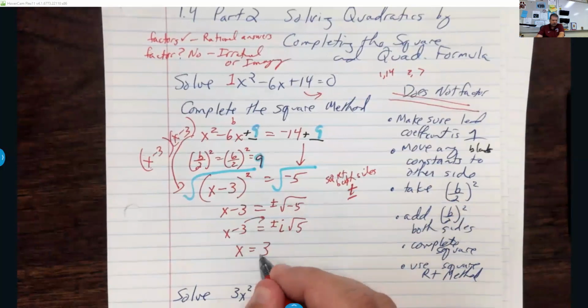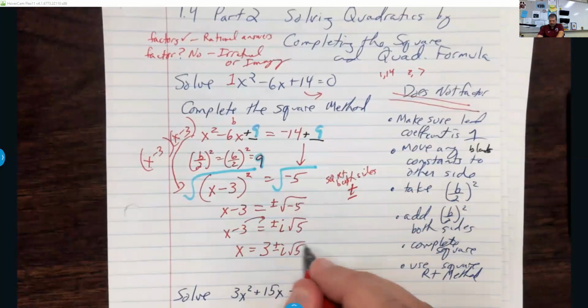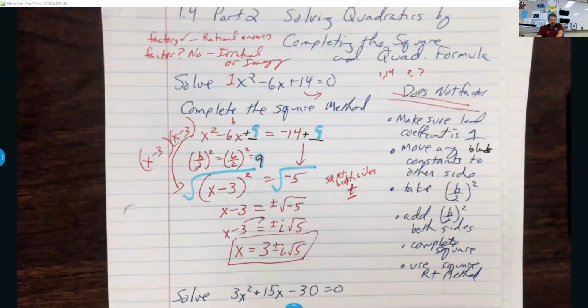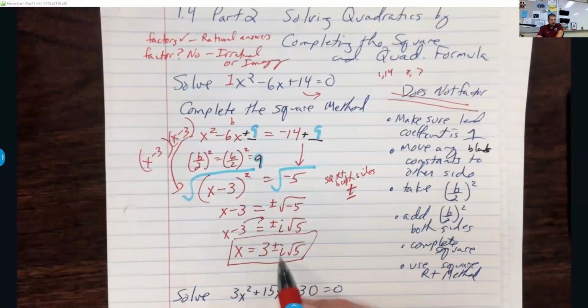We're going to put it in the front because it's a regular term. Plus or minus i root 5, which is a complex number. But there are two answers, a plus version and a minus version, which brings me to what